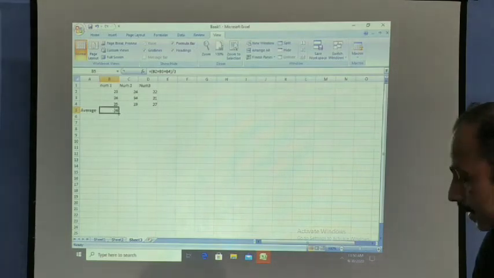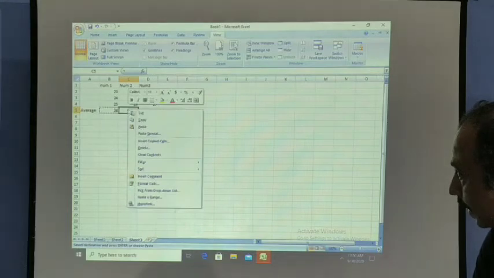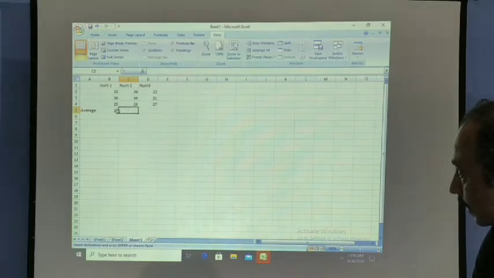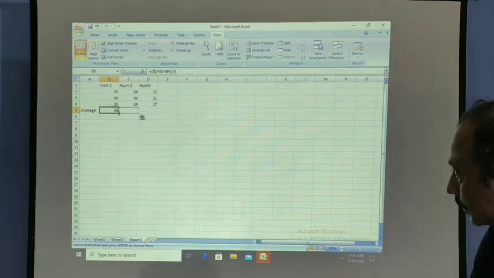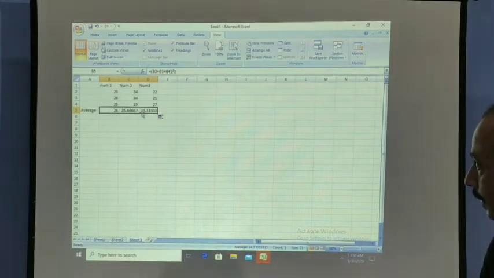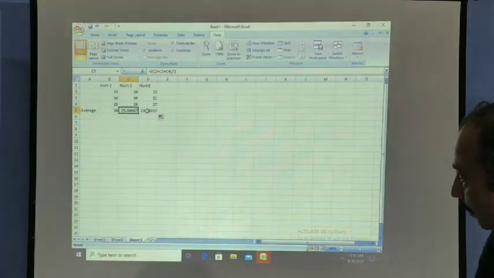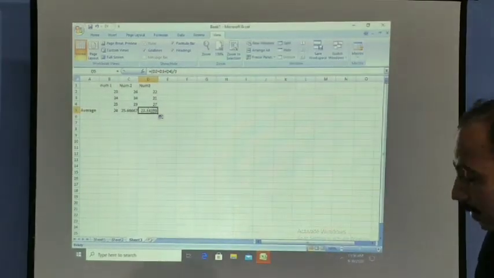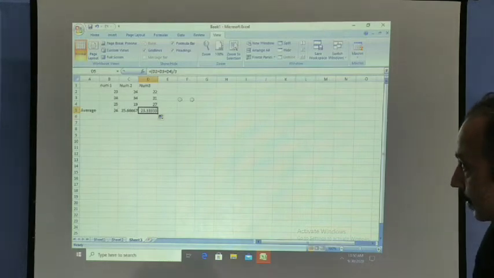So when I copy this and paste, if I just drag this and see, it's coming like this. When I copy this in a different cell, the address reference will change automatically. So this type of referencing is called relative referencing. Another type of referencing is called absolute referencing.